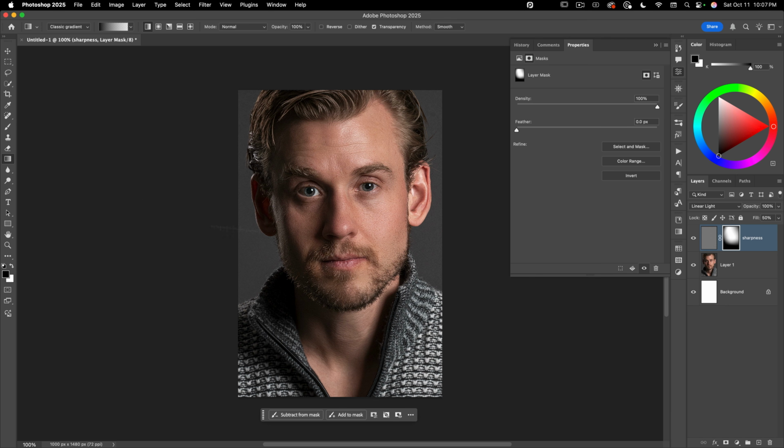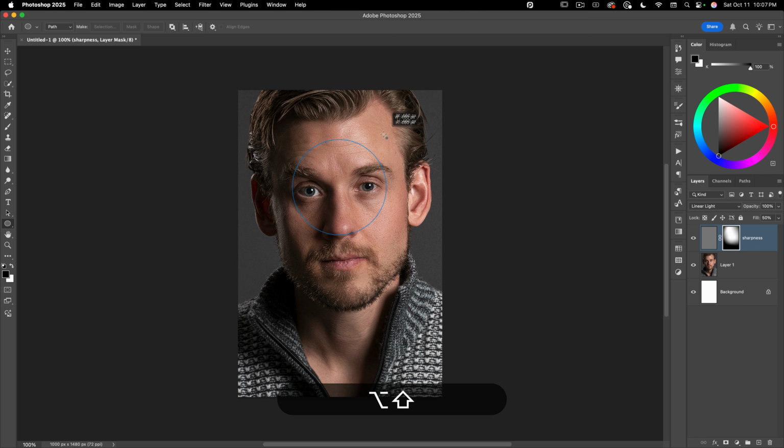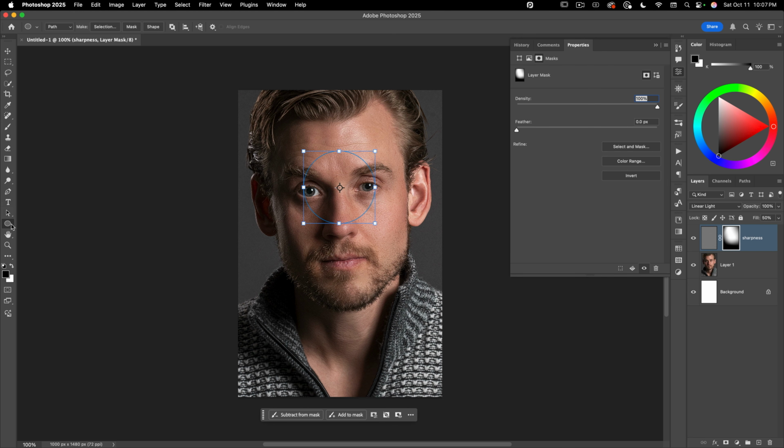Next thing we need to do is create our keyhole shape. And you might be able to find a vector one, but it's a pretty straightforward shape. I'm just going to go to my circle ellipse tool here, make sure it's on path. Hold down Option and Shift to keep a nice perfect circle here. Make it about that big. And then I'm going to go here and go on to my rectangle tool. Kind of start a rectangle down here,